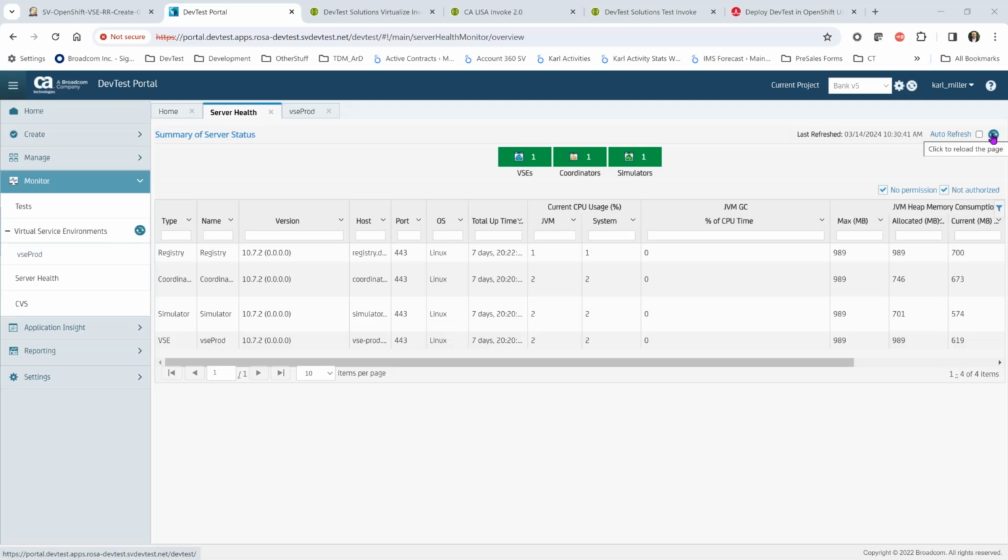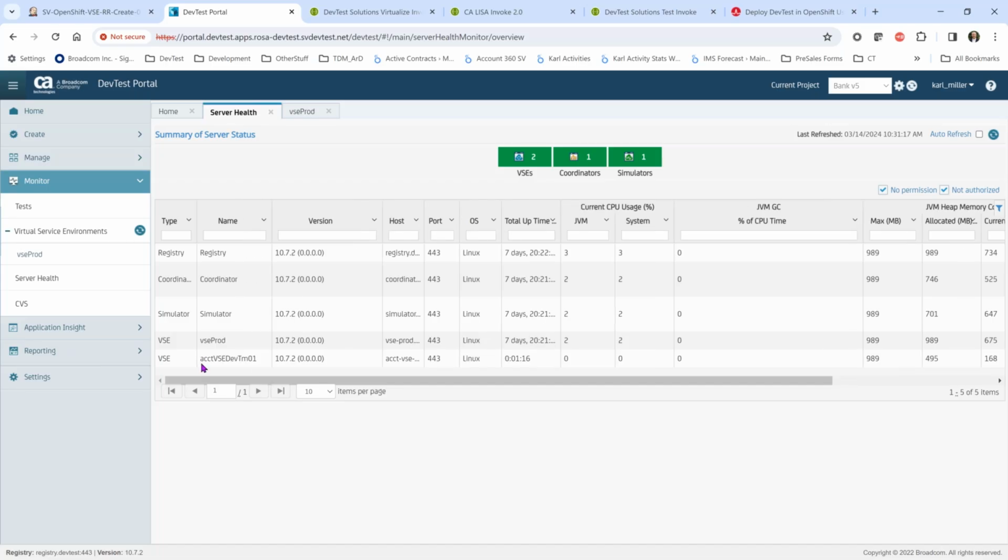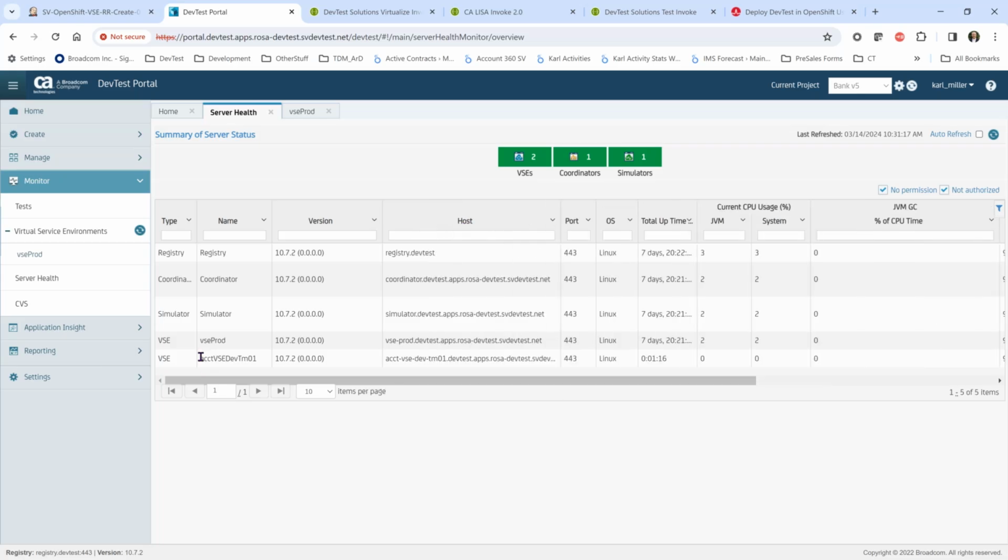And I'm also in that portal, and as you can see, it's come back up. The virtual service environment is registered now. You can see the name, ACCT VSE Dev Team 01, and the host. So now that this virtual service environment is up, we can actually treat it just like any other virtual service